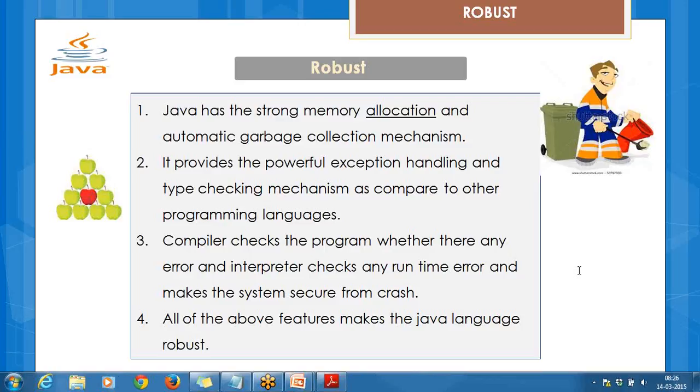So, thanks about that. Java is a robust language. It's an important interview question also, why Java is a powerful language. Because of its strong memory allocation system. The programmer is only worried about allocating the memory, and the rest, deallocation of memory, will be taken care of by the automatic garbage collection mechanism. This is a mechanism which you have to remember right now, and we'll be doing it in detail, how it works internally, when we go ahead in the architecture of Java, how the garbage collector works, and it wipes off unwanted objects and provides memory for the other objects.